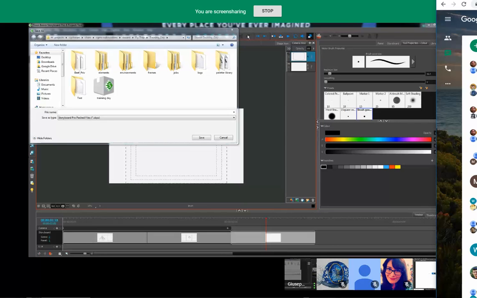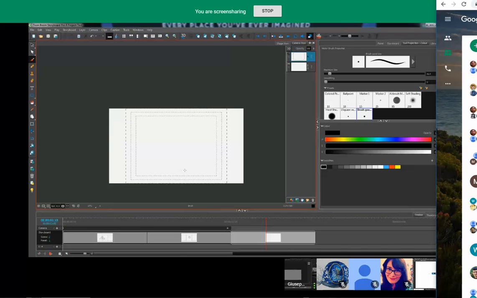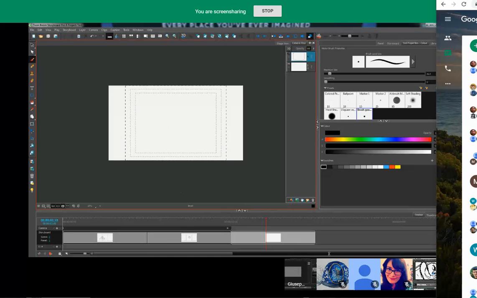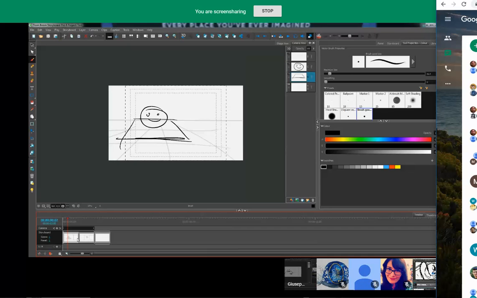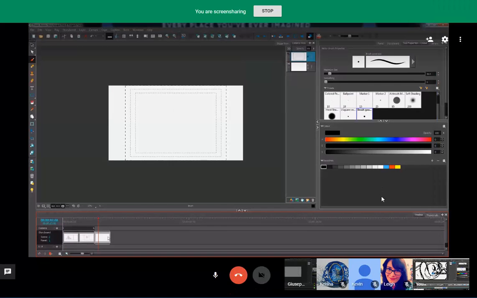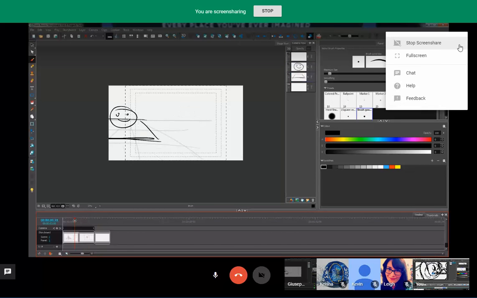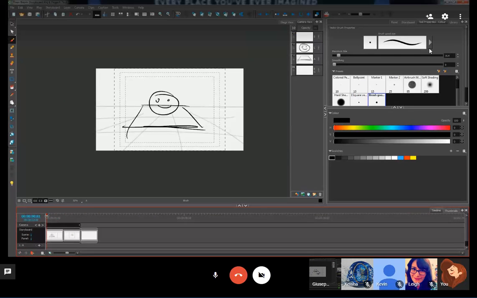Perfect. All right, so besides that, a couple other really basic things, Keisha. One really important thing is there's a difference between what are called panels, which are these individual things, and a different thing called a scene. A scene is one camera setup. So that means that it's basically